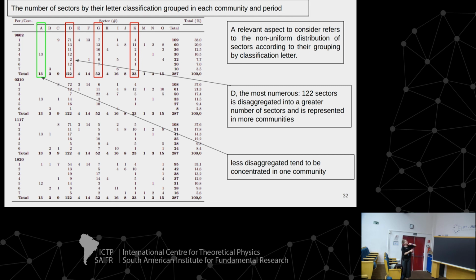And the ones that are less disaggregated will be concentrated at most in one community, like this is the case, or in two. For example, N. Okay? So those economic activities that are not very much disaggregated will be in one community or two at most. But the ones that are huge, like we already know that manufacture is a monster, will be participating in each community, which makes sense because